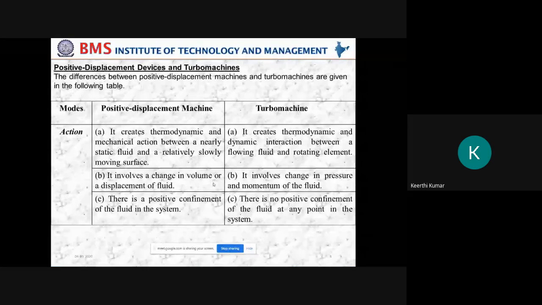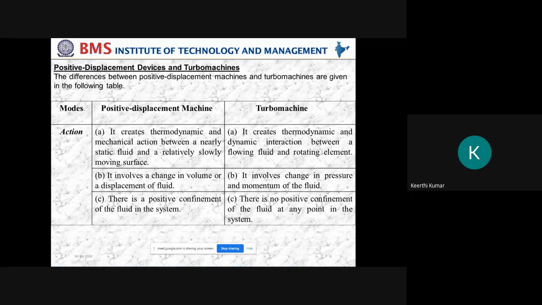That means, take the best example of a centrifugal pump and a reciprocating pump. One side you put a centrifugal pump, the other side a reciprocating pump. In both cases, what is the working fluid? If it is a pump, water is the working fluid, correct? So let us put here a reciprocating pump and here a centrifugal pump. In both cases, water is the working medium.